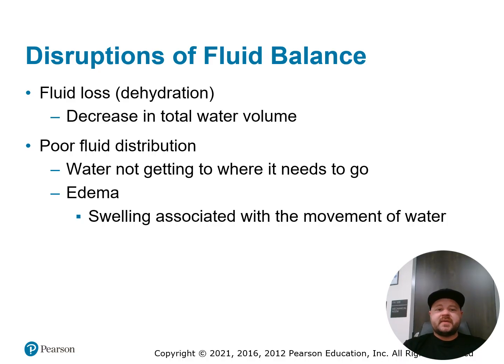So disruptions of fluid balance: we have fluid loss or dehydration, where we just have a decrease in the total water volume. And then poor fluid distribution, so water is not getting where it needs to go. We talked about that excessive permeability. Edema is swelling associated with the movement of water. You'll see this in patients with heart failure, where with congestive heart failure there's extra pressure that makes it hard for the body to feed blood back to the heart. That causes a little bit of backflow of the blood, and so you'll see this edema,